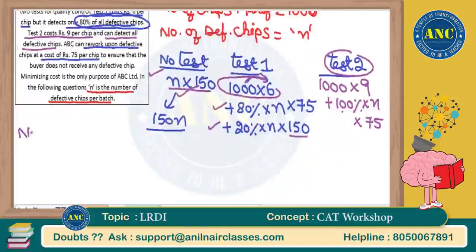Now let us write down the equations here. Beautiful question based on case study. No test is 150 yen. Now test 1 will become